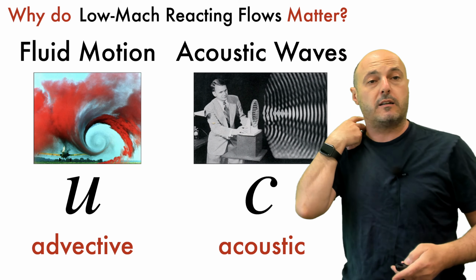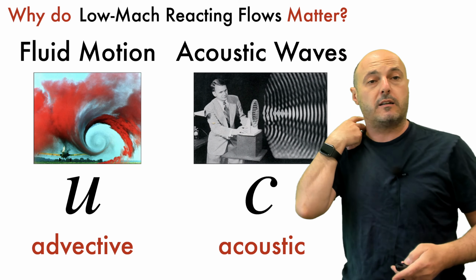Now, acoustic waves propagate at the speed of sound. We're going to call that c. So we're going to think in terms of scales right now. What I'm showing here is the Schlieren imaging of a person clapping their hands. You probably can't see it really well, but the instant they clap their hands, there are these waves that come out that propagate in the air. And then seconds later, you see the air being pushed between the two hands. So you can see the two types of motion I'm referring to. These little vortices, these little structures coming out of here, this is the advective, the bulk flow motion, whereas these waves propagating from the clap, these are the acoustic waves, the sound waves.